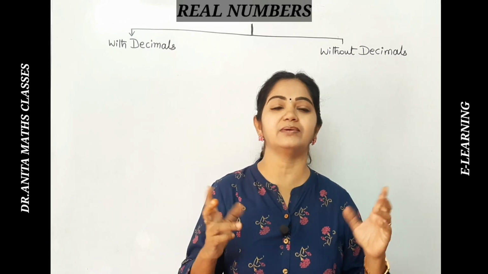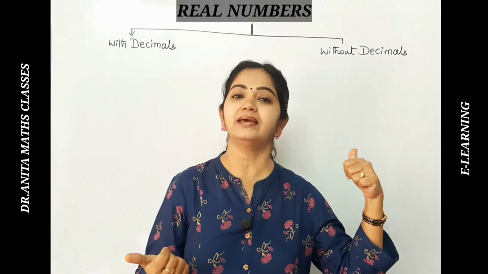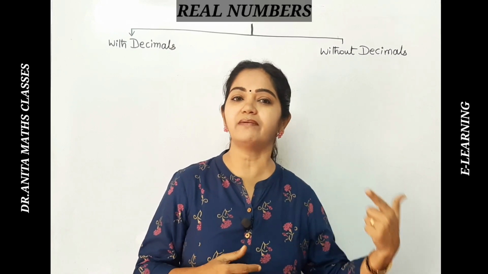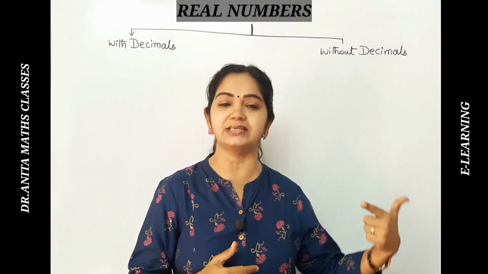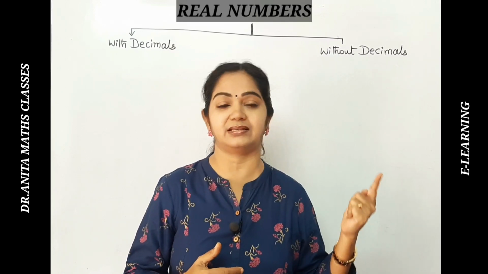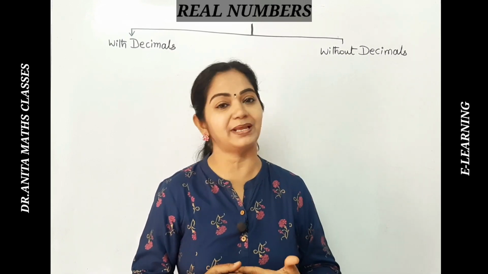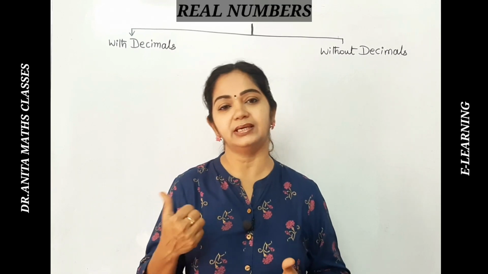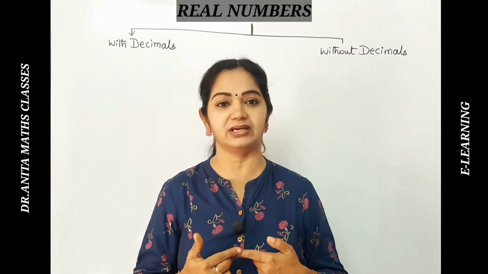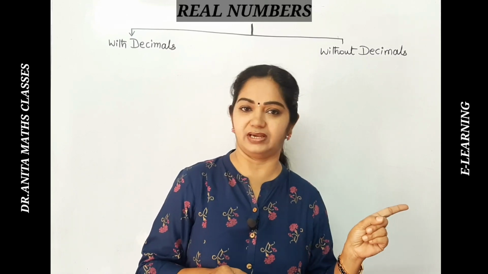The numbers are divided into mainly two types: real numbers and imaginary numbers, which we call non-real numbers. About the non-real numbers, the imaginary numbers, you will be learning in the higher classes, that is in 11th class and the intermediate, wherein we will be finding imaginary numbers. In that there is a section of complex numbers, those parts you will be learning in the intermediate. From 9th and 10th you will be learning about the real numbers. So the numbers are divided into real numbers and non-real numbers, right?